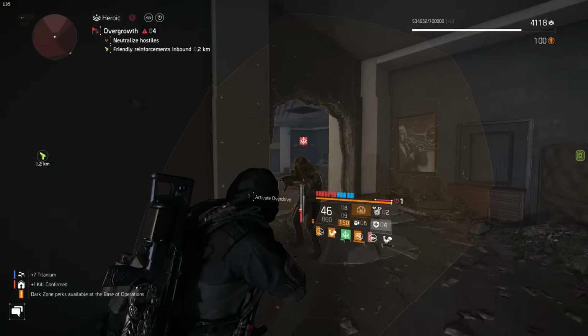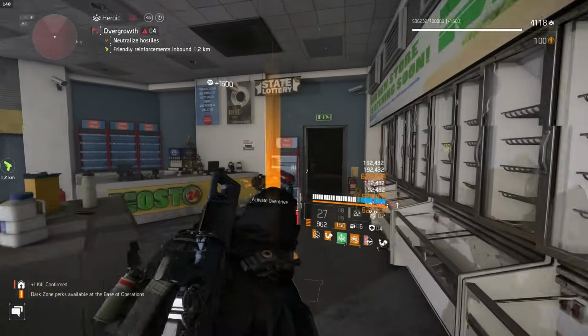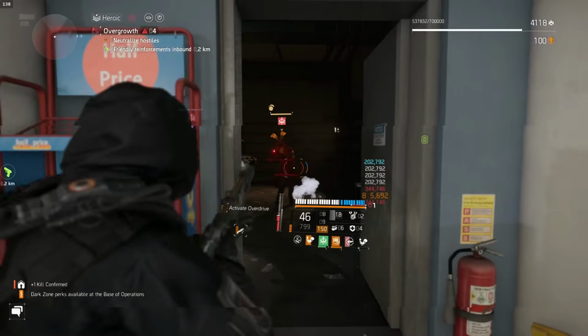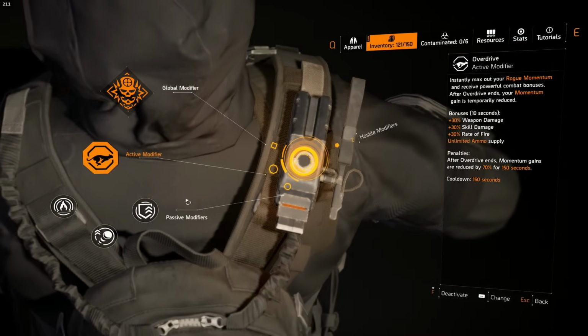For the skills, we are running the Banshee Pulse. This is going to allow us to destroy enemies. If you want to run the Pulse and then run Microwave Coils, you guys can. And then we do have a Reviver Hive as our secondary skill. And then for your modifiers, the only ones you really need to worry about is have Overdrive